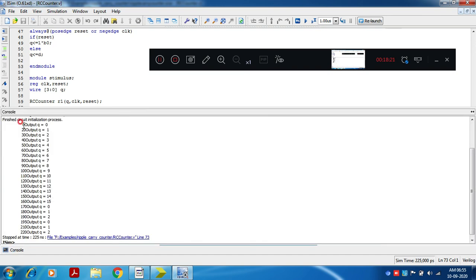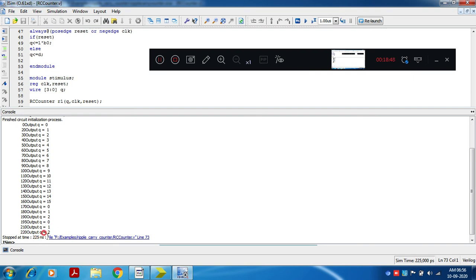At time 0, Q value is 0. At time 20, Q value is 1. At 32, like that it keeps changing. At 195, when reset becomes 1, Q value has become 0 again. Again when reset becomes 0, at time 210 the value becomes 1, at 222, and simulation stops at time 225 nanosecond.